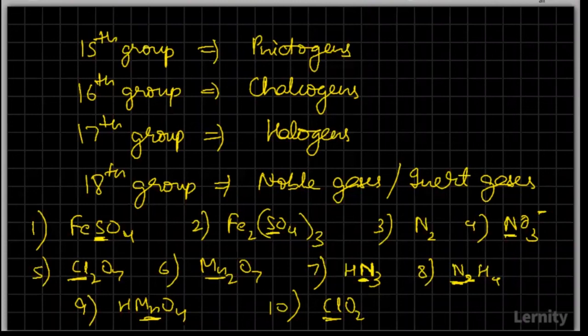What is the fifth one? Mostly we'll find the positive element coming first. Fifth one is Cl2O7. No, we don't have any common names for the other ones. We just say it like carbon family, as the first element is carbon. Yeah, you definitely need to know all this for your NEET. Ma'am, is it that the positive element will come first? Yeah, mostly the positive element comes first.